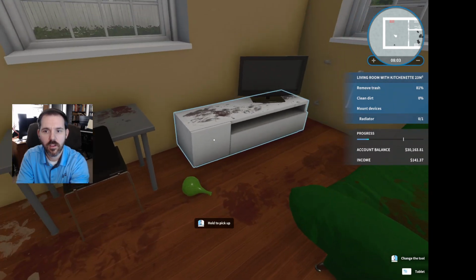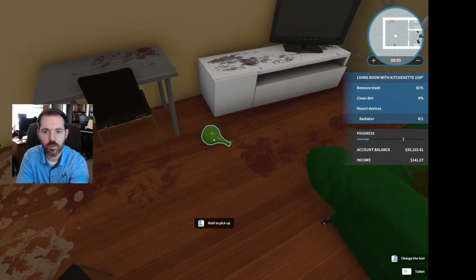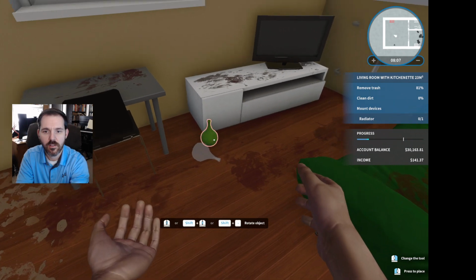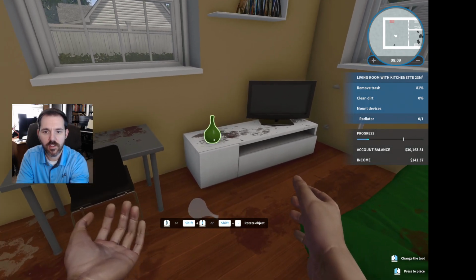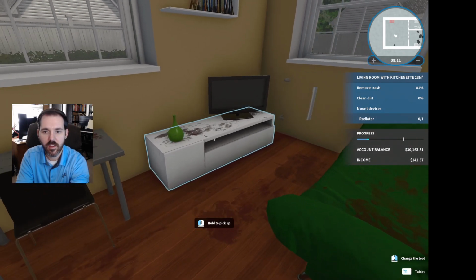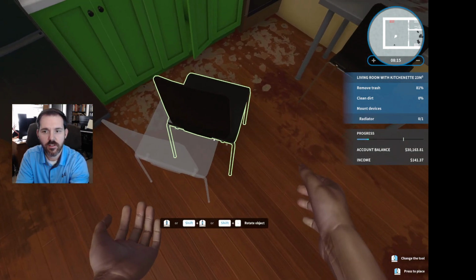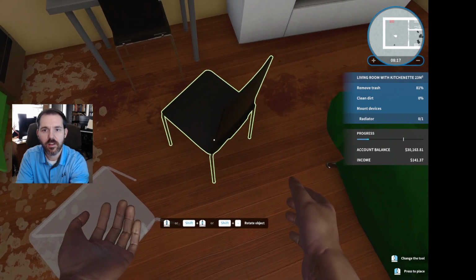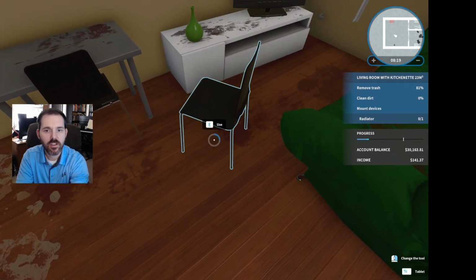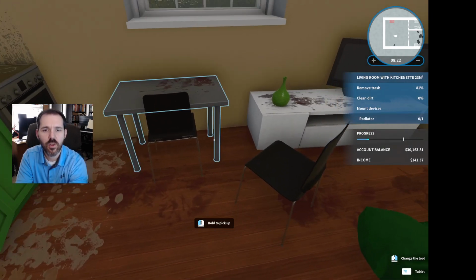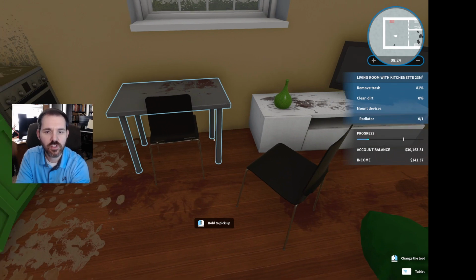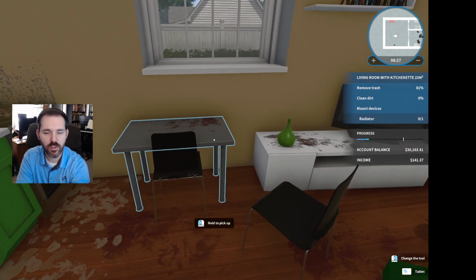Okay, let's see here. What else are we going to do? We're going to pick this vase up off the ground and set it there. We are going to move this chair out of the way. Let's see. I suppose we need to change the rotation of this table so that both chairs can go with the table.